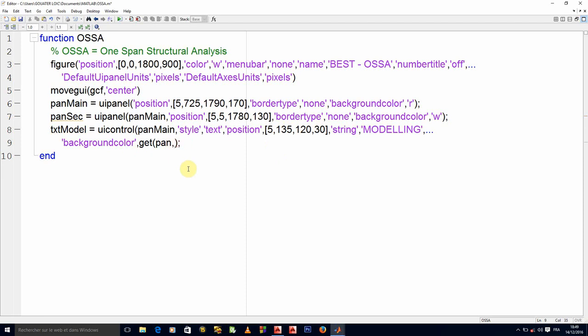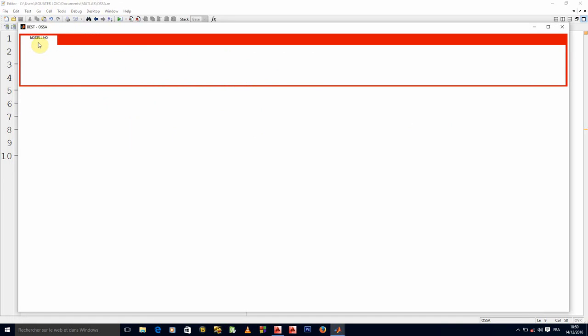For the background color of this text model, I'll simply get the background color of the secondary panel. Okay, so that's it. It's white.